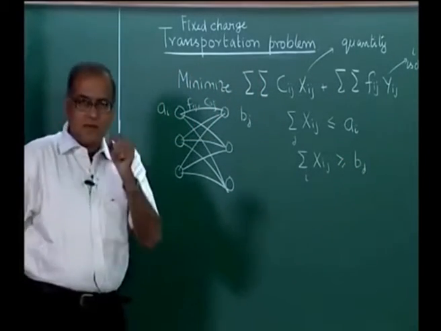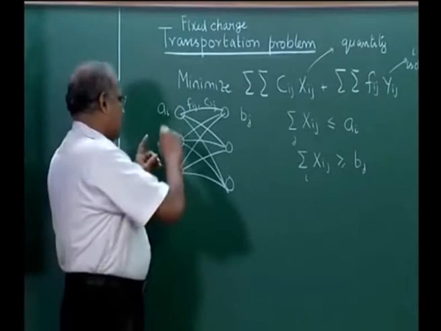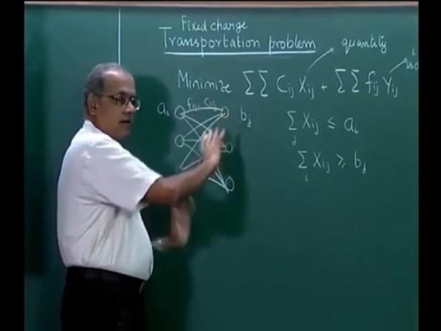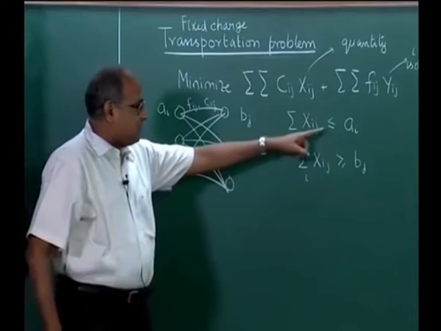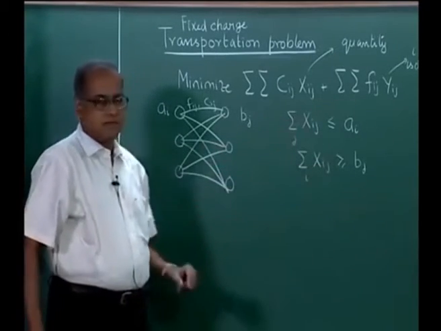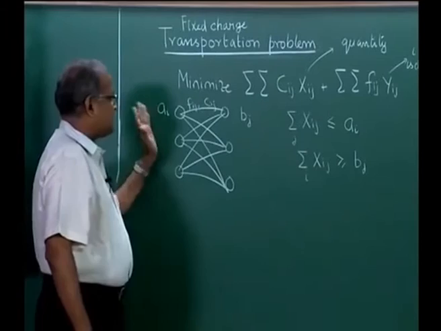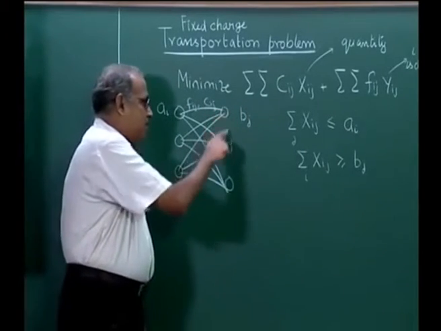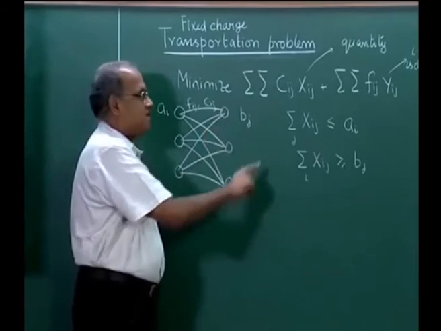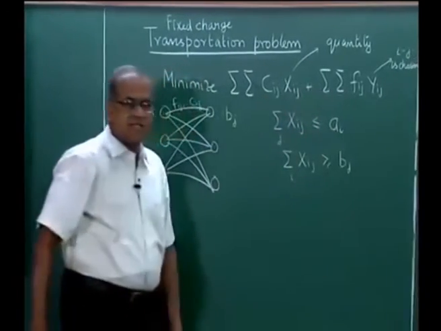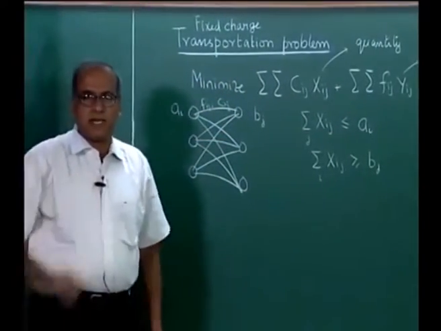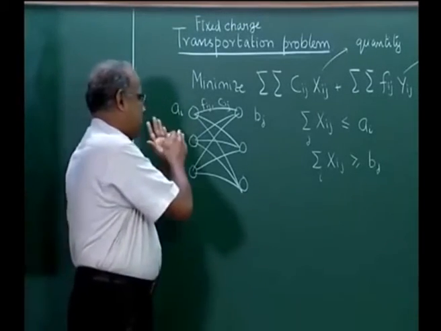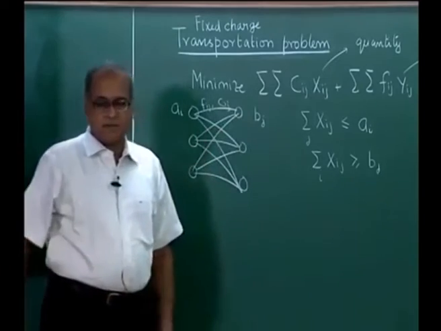Once again, the same caution: the balanced problem would have total supply equal to total demand, in which case we can even change these to equations. All the items will be transported and all the items will be received. We will not be receiving more than what is demanded, because the Cijs and the Fijs, none of them are negative. Therefore, there will be a solution where all these are consumed and all these are taken.